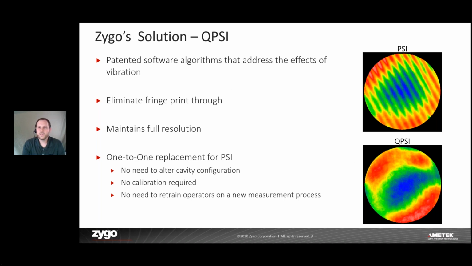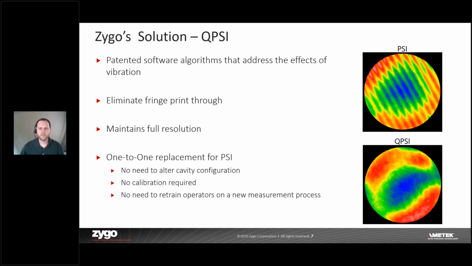Okay, so because of those limitations and trade-offs with some of those typical solutions, Zygo went ahead and developed a method here that we call Q PSI. And what Q PSI really is, is a set of software algorithms that will improve upon a traditional PSI measurement. And now it's important to note that these algorithms also do rely on some enabling hardware improvements. So Q PSI is not necessarily compatible with every interferometer. But some of the key benefits of Q PSI: